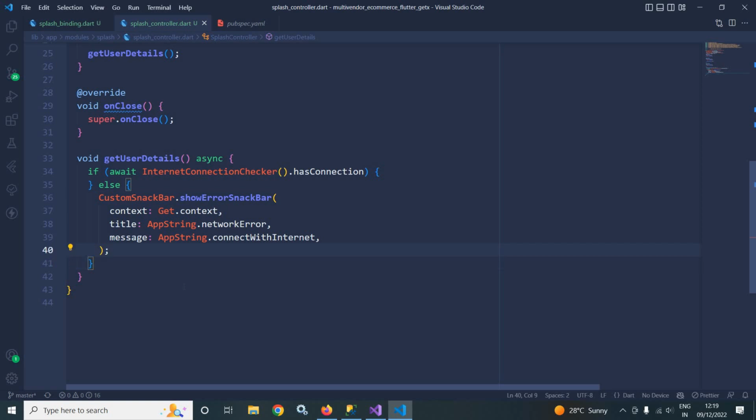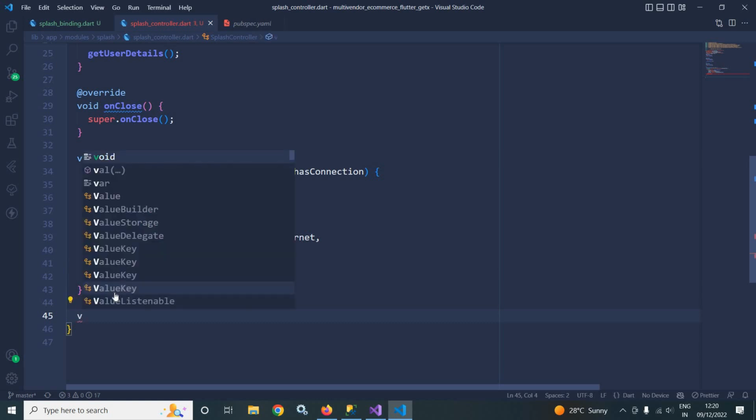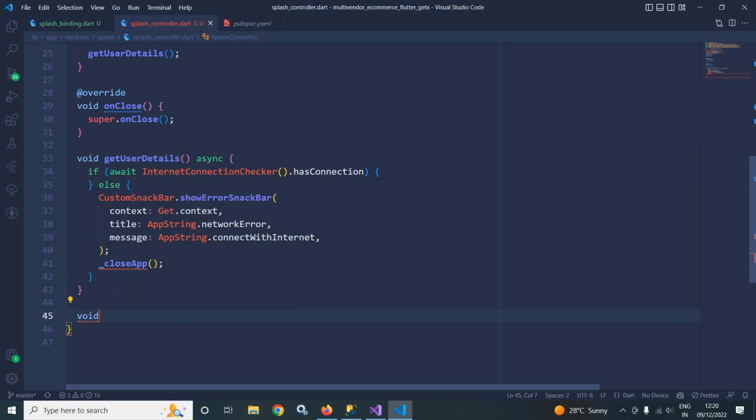So if the internet connection is not available, then this else portion will execute, this message will be displayed, and what I want to do is close the app. To do that, I am calling a function close app which I need to create. So here I will create the function. Let the return type be void. Function name will be close app,